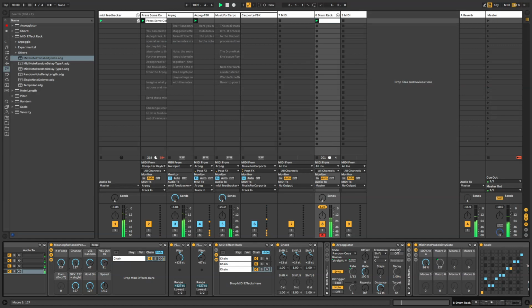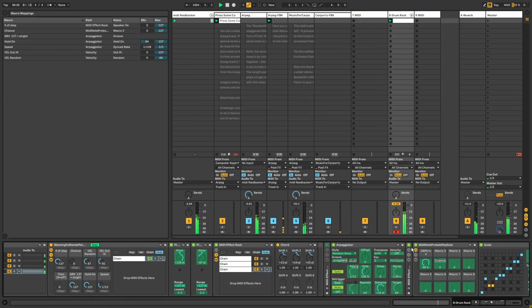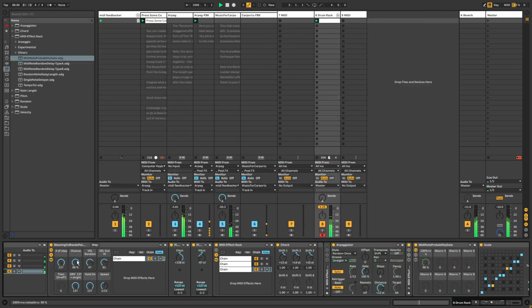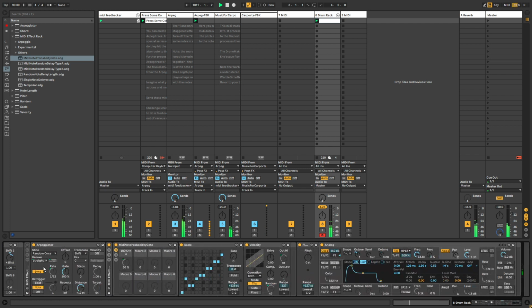or probability. Ah, I didn't map to the correct thing. That's why it wasn't cool. Probability. And instead of this flam, it would be cool to do some other fun things with octave shifting. That's a whole other complicated